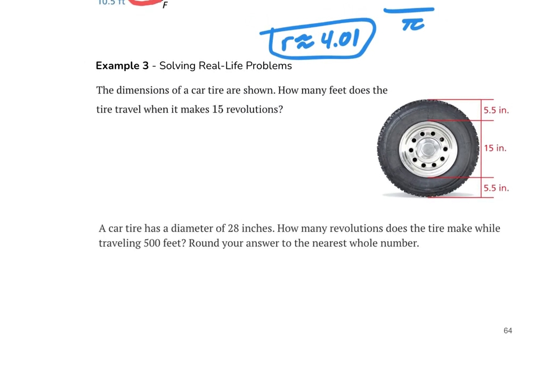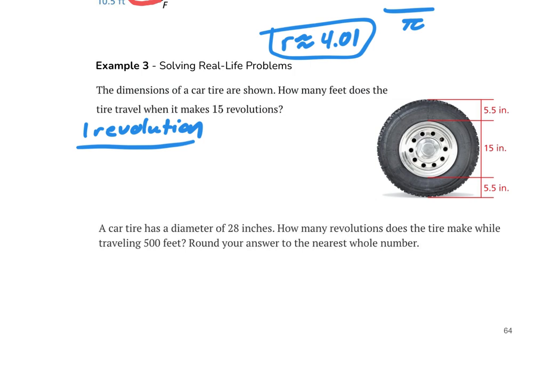Okay, example 3. We got this tire, okay? How many feet does the tire travel when it makes 15 revolutions? So if that tire goes around 15 times, how many feet would it actually travel? Okay? So what we want to do is we want to find one revolution. So if I wanted to find one revolution, okay, the first thing,